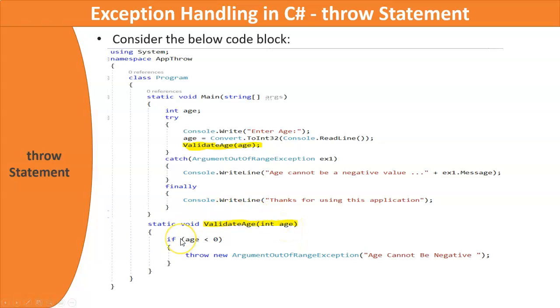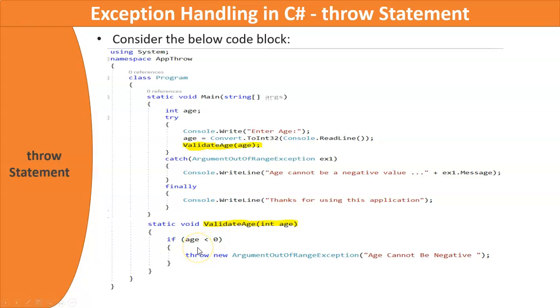Now inside this method, we are checking the validity of age. If age is less than 0, it definitely means it is a negative value, and that should not be a valid value for age. In that case, I'm throwing an exception.